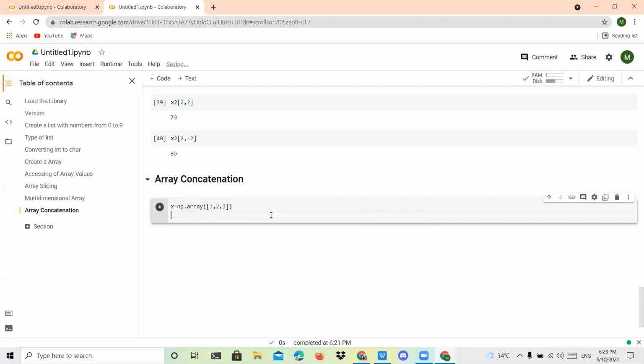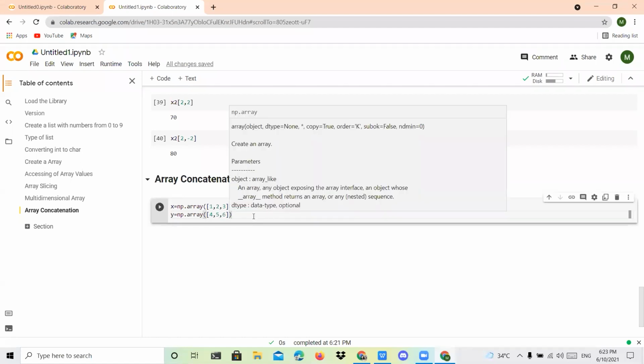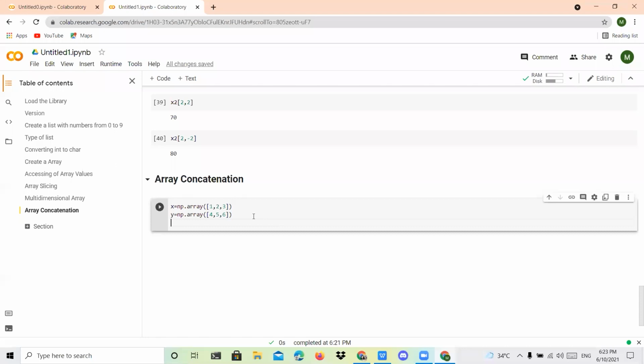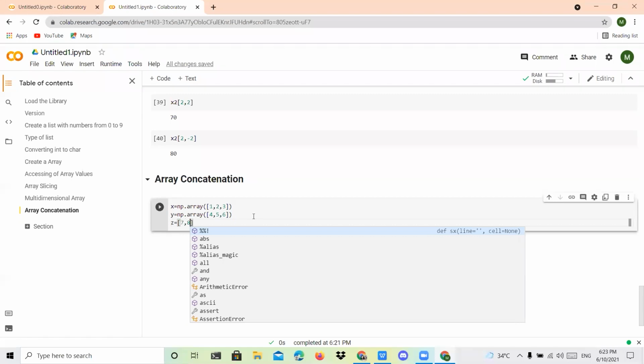Then another array, 4, 5, 6. One more array within square brackets, 7, 8, 9.